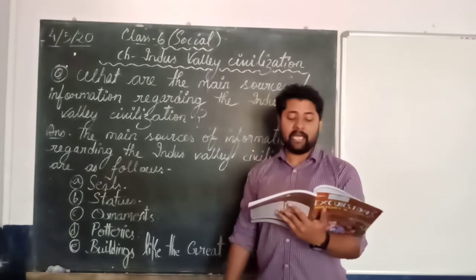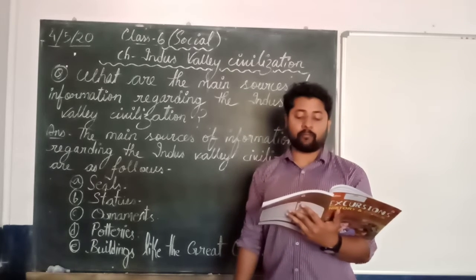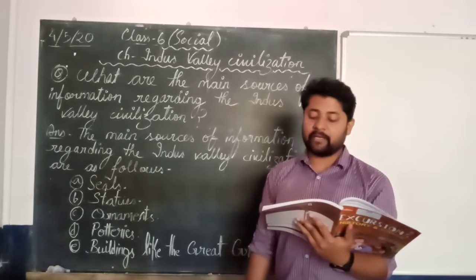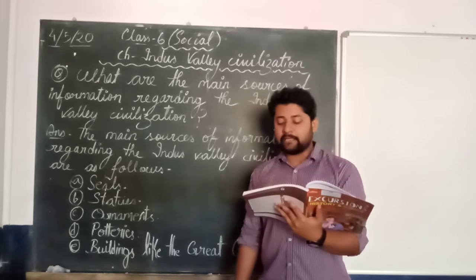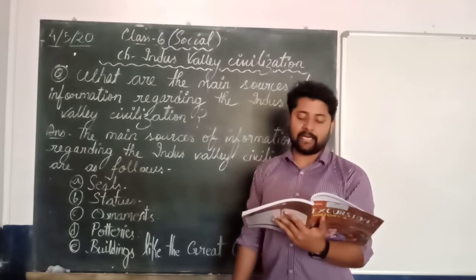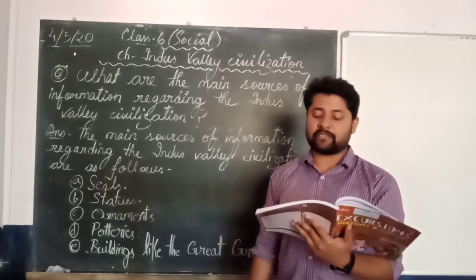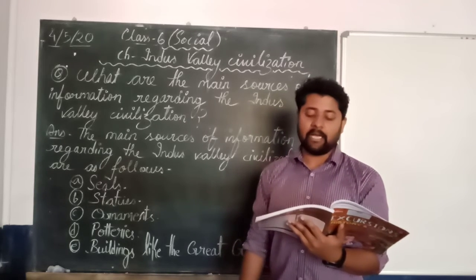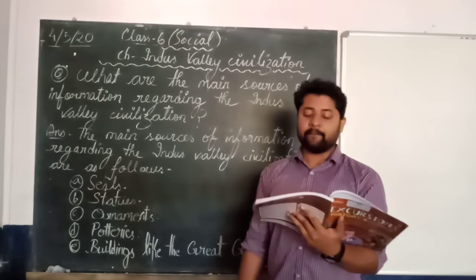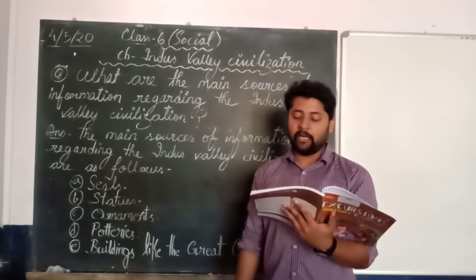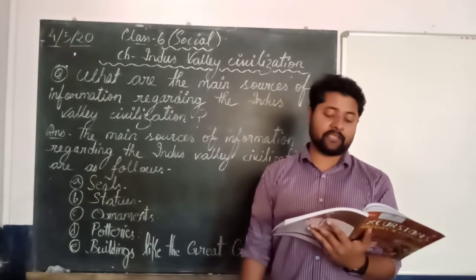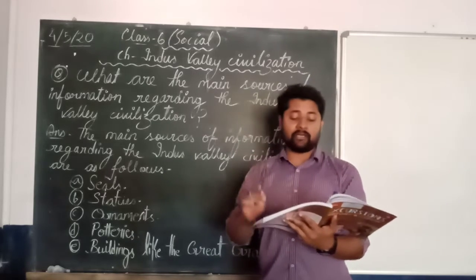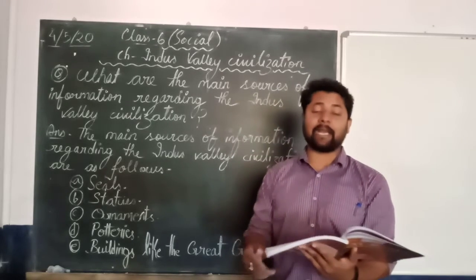The Great Bath had two openings. The one at the top was to bring water in from a nearby well. The other opening was to drain out the used water. The Great Bath is the finest specimen of the engineering skill of the Indus Valley people. Scholars generally agree that important people took a ritual bath in this tank on special occasions. So in important sites, the first site is the Great Bath.